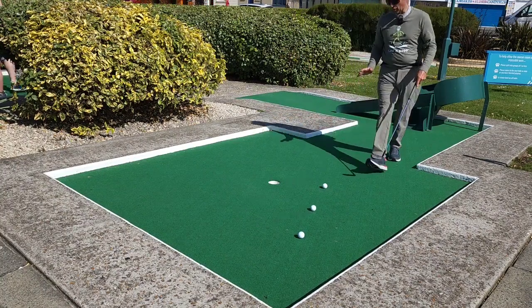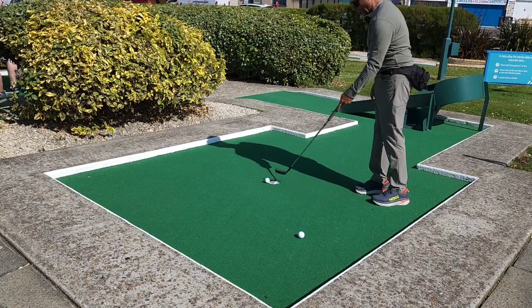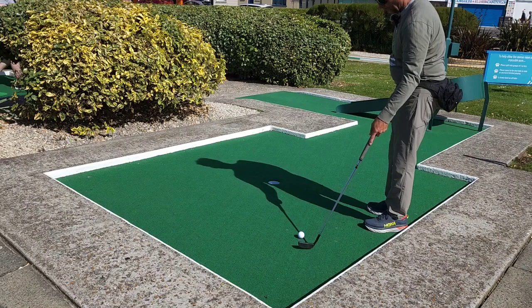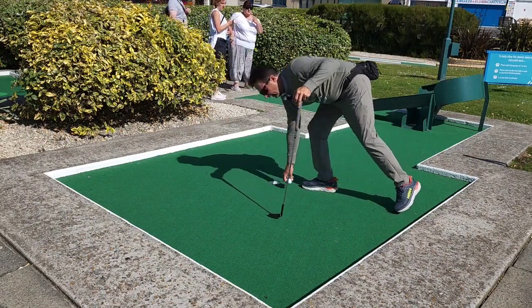All right, so the carpet's new on this one as well. So most of these putts, pretty simple. Whoops. This is like right center. The same thing with this one as well, right center, and in. All right, that's how you play